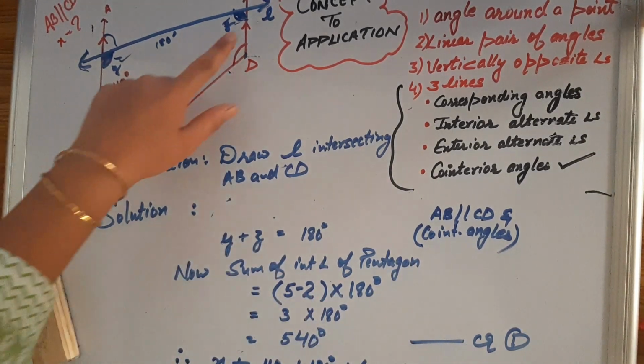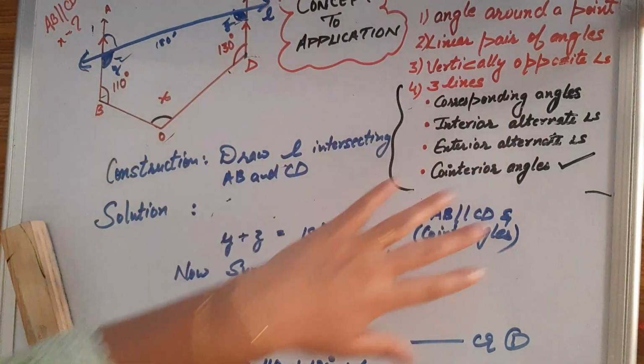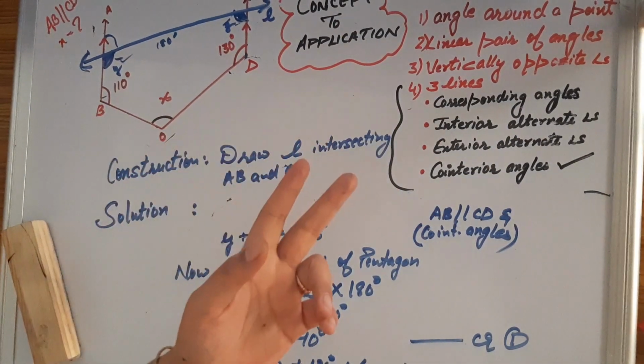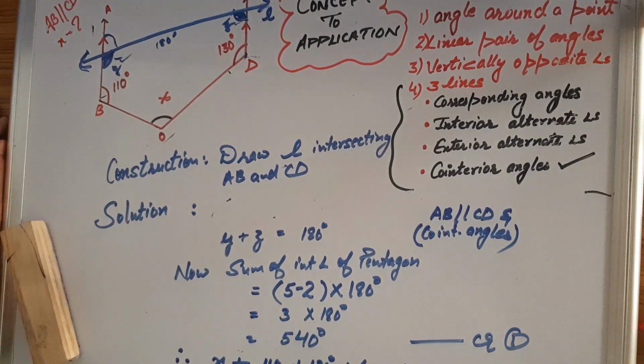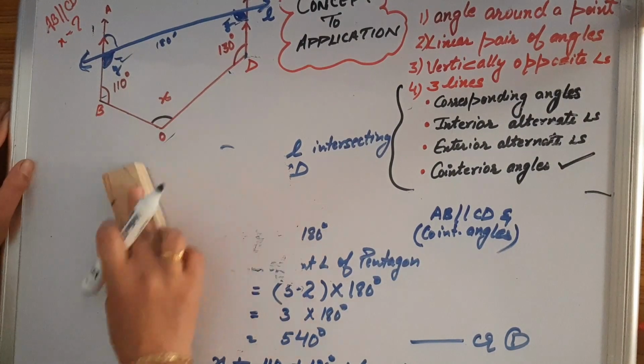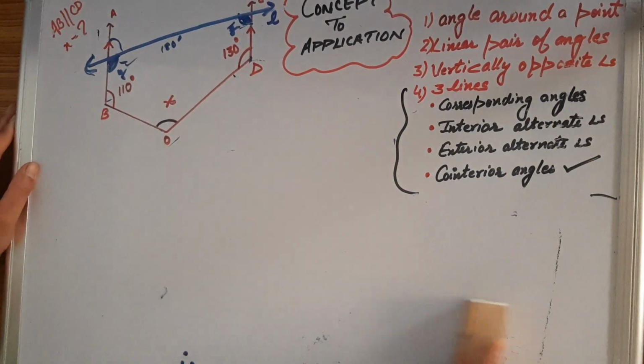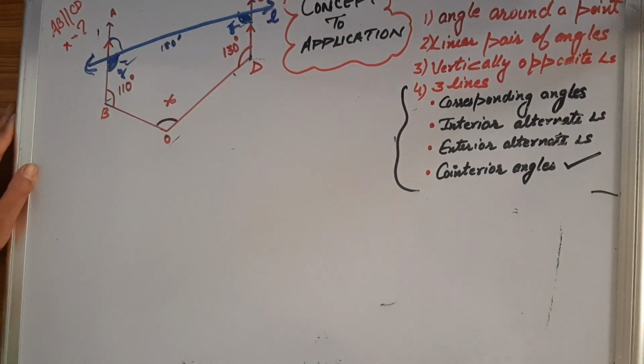So then what did we do? Everything failed, and then we sought out the reason for failing. That AB parallel to CD is given, and the reason was that the transversal wasn't there. So we constructed it, and somehow we were able to see the solution. Okay, there is more than one solution for this.